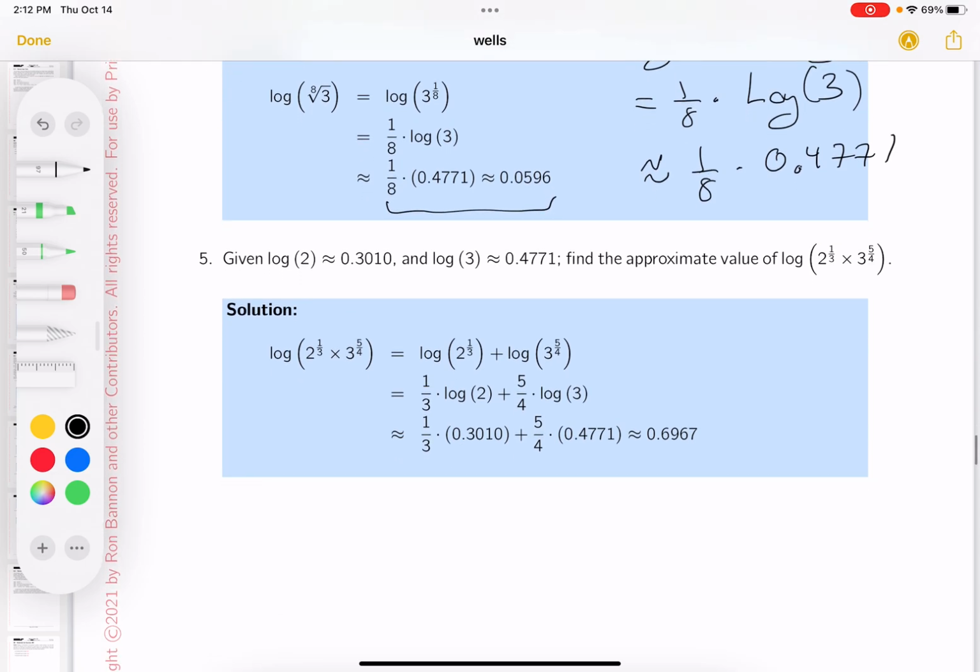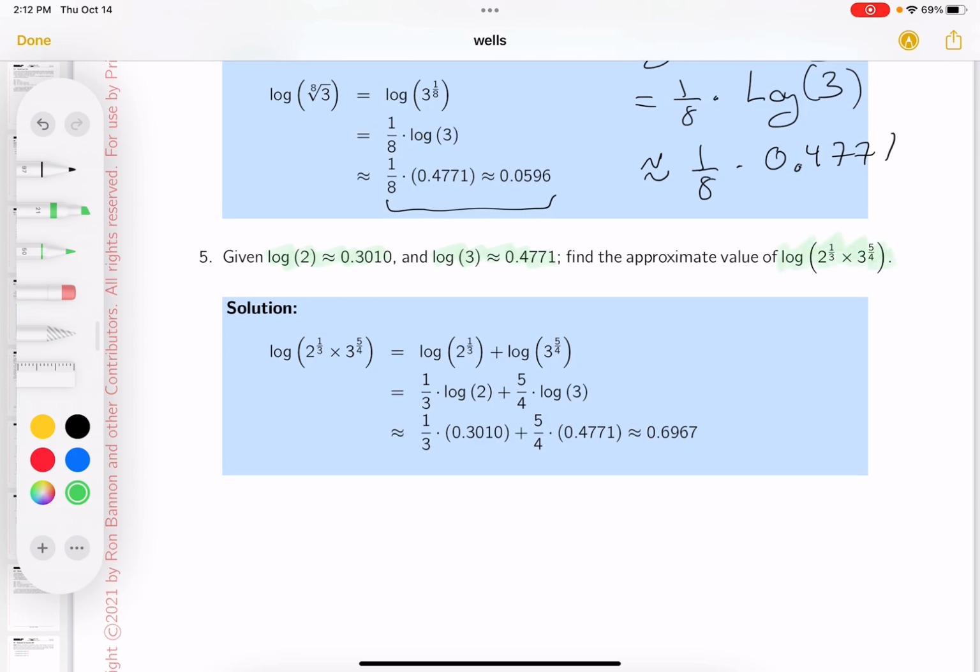All right, so they give me this, and they gave me that. They give me an approximation. And then what they want me to do, and this could be difficult, I'm not saying it's going to be easy for you. They want the log. I'll write down what they want. They want the log of this. So let's write it down. And I got to get in terms of those things they've given me. So the log of 2 to the 1/3 times 3 to the 5/4